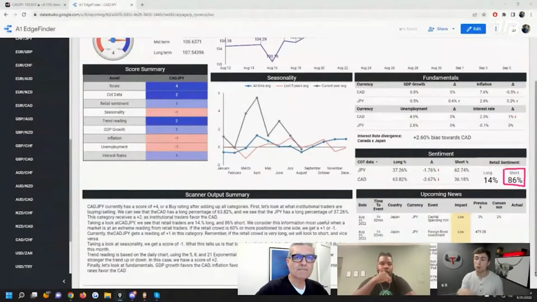86% of retail traders who are trading the CAD yen are betting against it. They're betting short. Knowing that information, and knowing that, unfortunately, retail traders tend to be on the wrong side of great trades, we're going to align ourselves more likely to the long side. But the first challenge of the day is to place a buy, and what are some of the bullish indicators